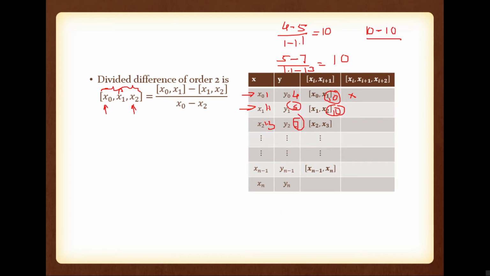What about the denominator? For the denominator you have to take extra care. Here we are finding the second order divided difference. And what is this position? This position is corresponding to x0. So the first one is x0, that is 1, minus, what is the second element? We are finding the second order divided difference, so x0 is already considered. Now what is the second next element? We can't take the second element. We have to take the second element only if it is a first order divided difference.